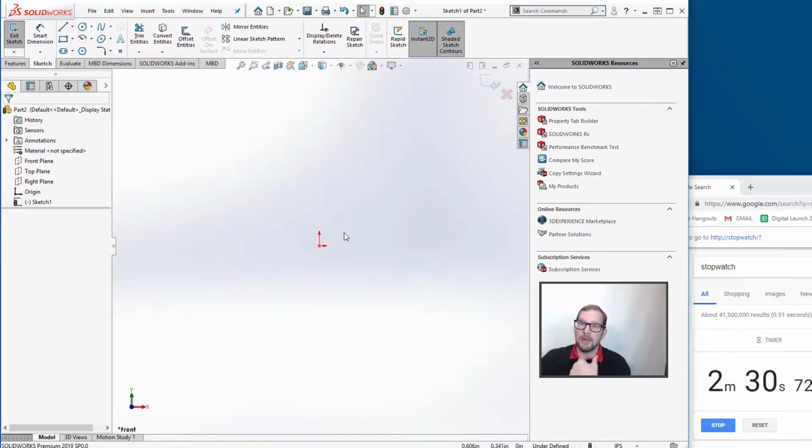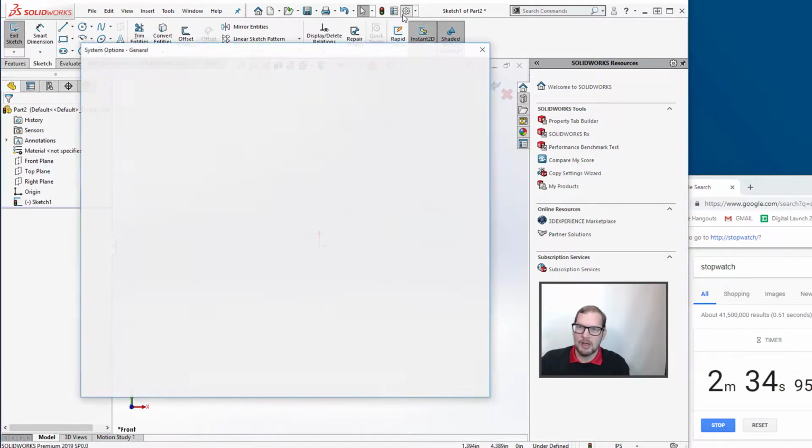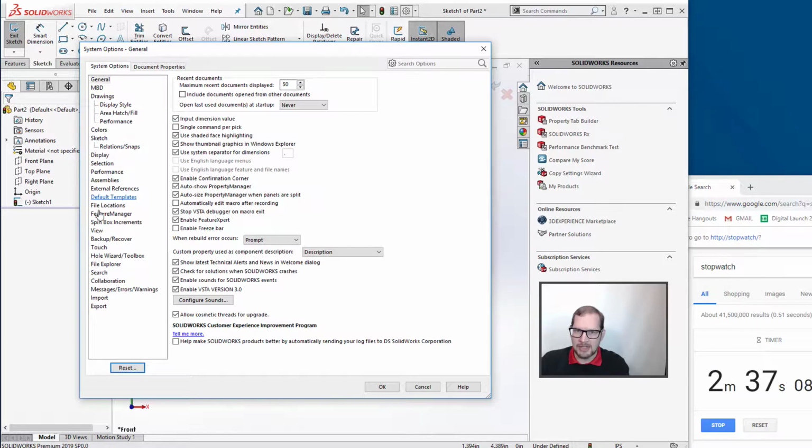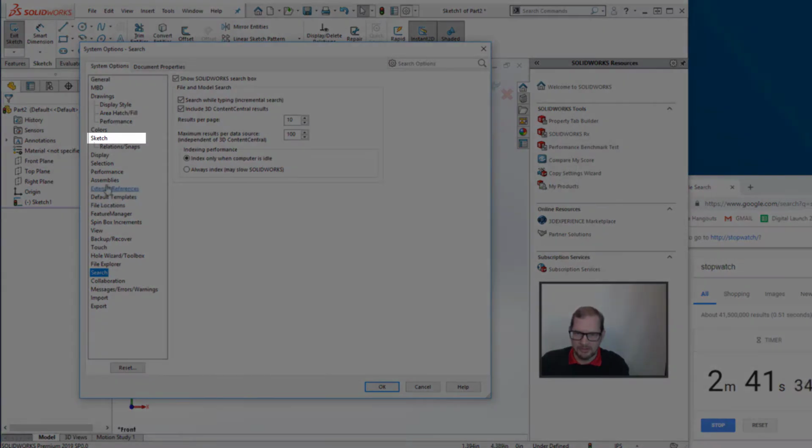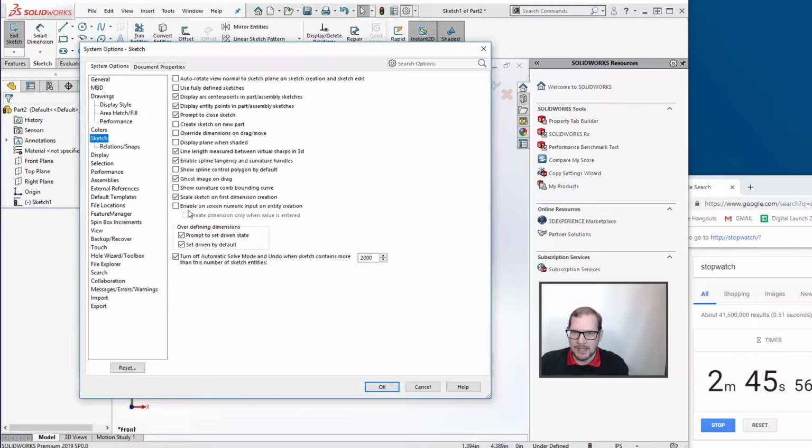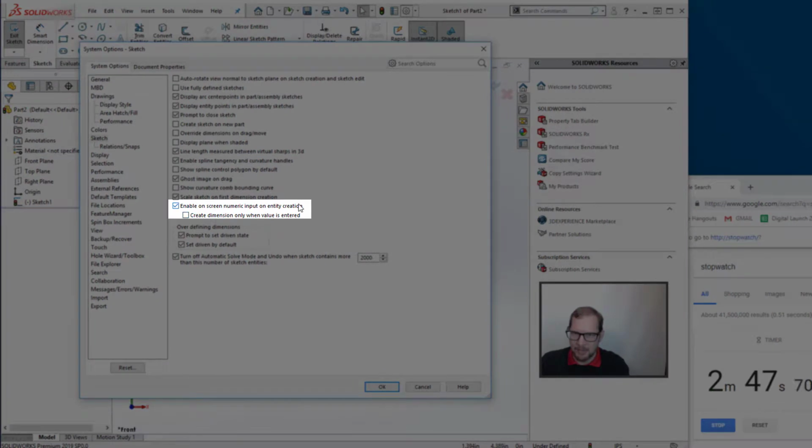Now, I like to utilize the auto dimension function when I'm in sketch mode. So I'm going to go to options here, and from options, I'm going to go down to sketch. And once I go down to sketch here, I'm going to choose the option, sketch, not search, sketch. And then I'm going to choose the option for enable on-screen numeric input on entity creation and create dimension only